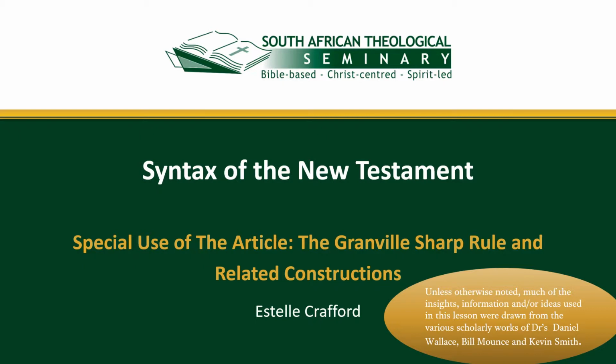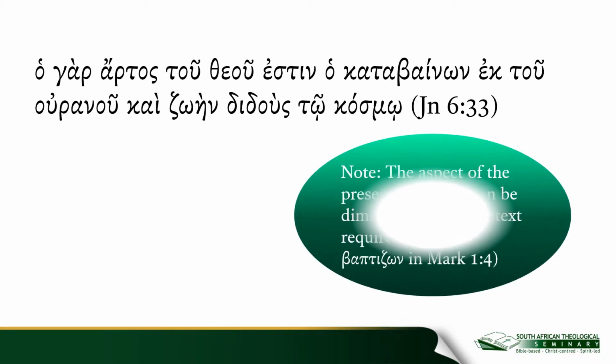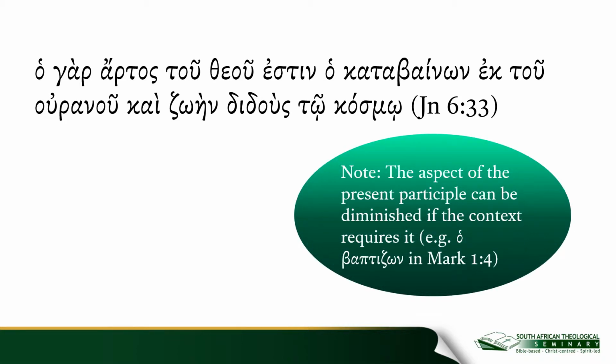in this lesson, by way of considering a specific New Testament text, we are going to learn how to recognize what is called a TSKS construction. Our text for this lesson comes out of the book of John. John 6 verse 33 reads,